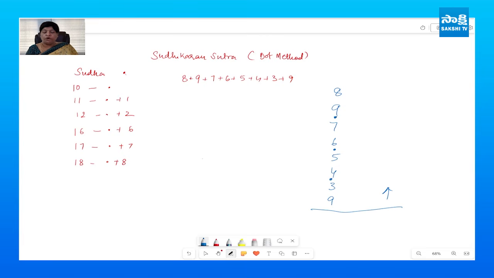So 4 plus 9 is 13. So I place a dot on top of 9. I'm left with 3. 3 plus 8 is 11. So dot plus 1. I have 1 left. So I'm going to put the 1 right below. I retain it as in the final answer. I'm going to count the number of dots I have. 1, 2, 3, 4, 5. I have 5 dots. And I just place 5 in the tens place. That is my answer, 51.